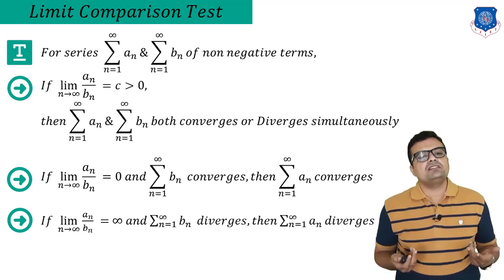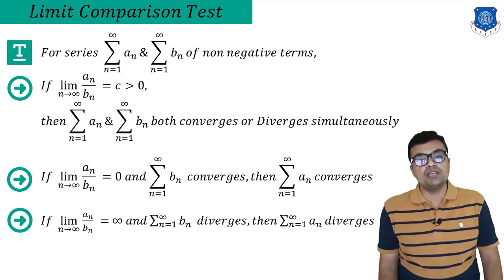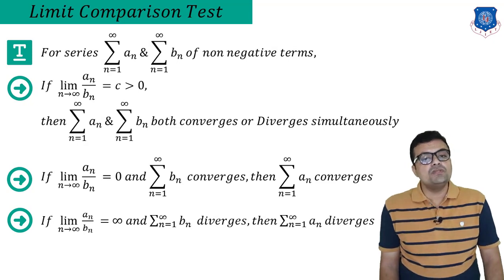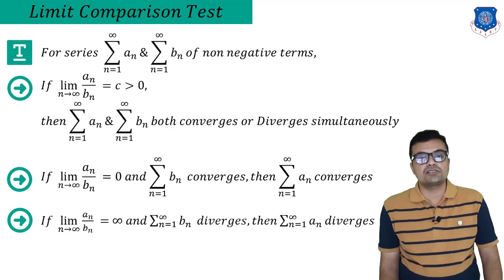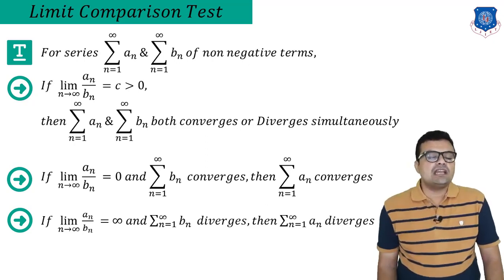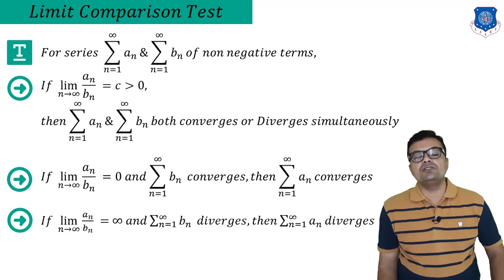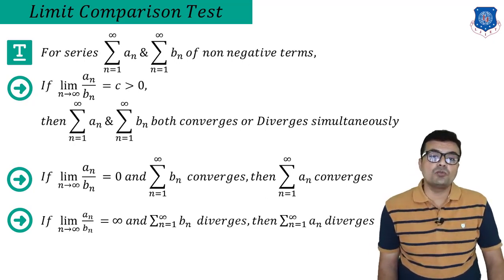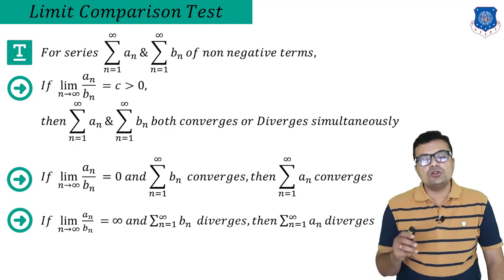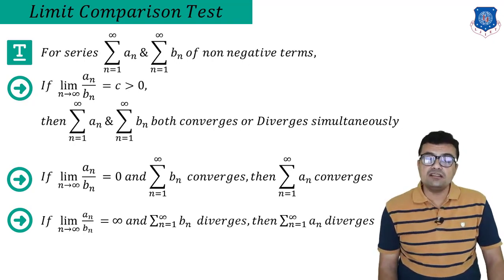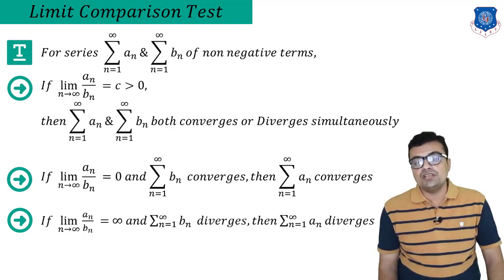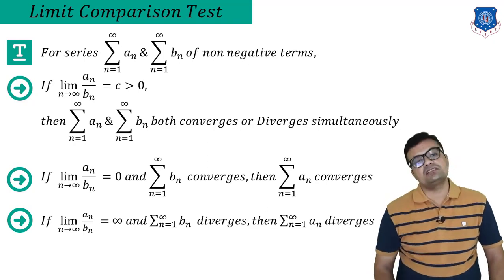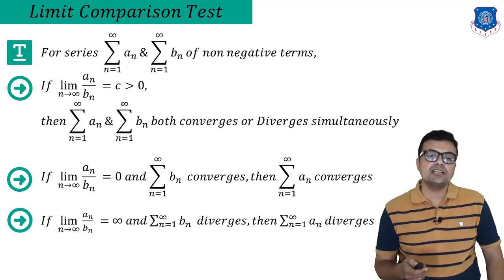Now what will happen if An upon Bn is equal to infinity? Now if Bn is divergent, for sure I can say that An is also divergent. See here, Bn can be any other value also, and that will lead to different possibilities of indeterminate form over here by taking the limit. But I am not going into that part. Right now we need to understand that if An upon Bn is infinity, that means the scaling factor itself is infinity in between these two, and if Bn is divergent, obviously this part An also moves towards infinity.